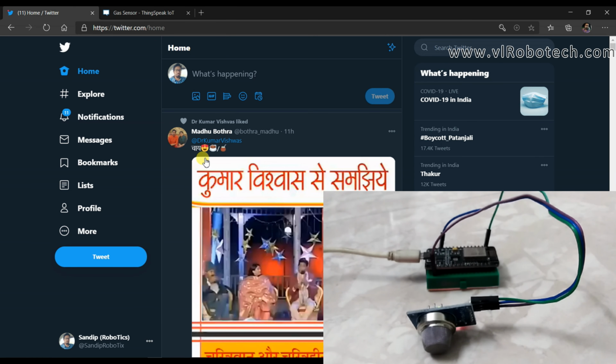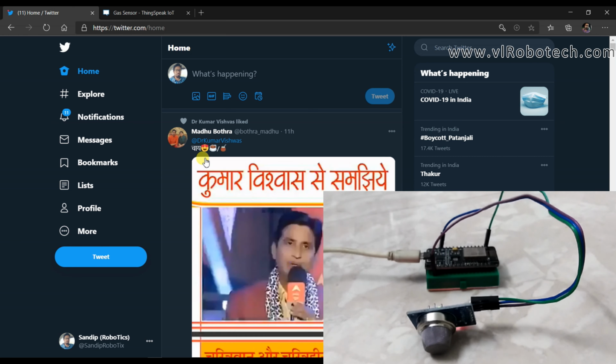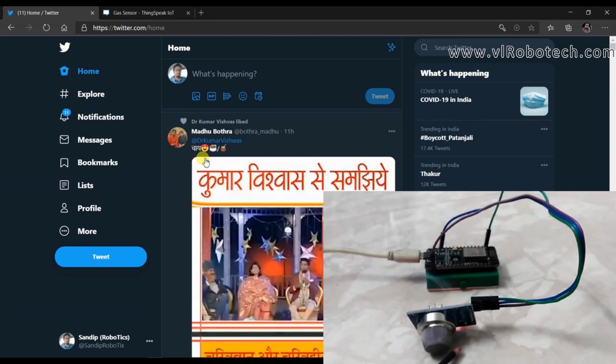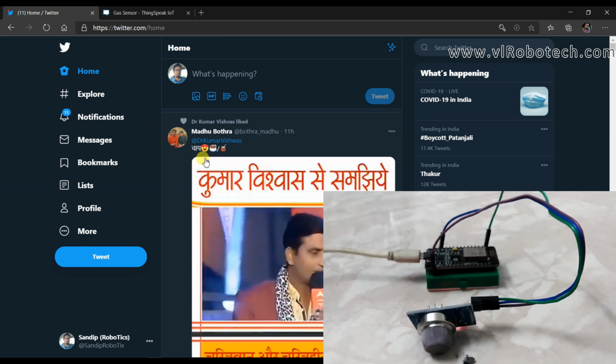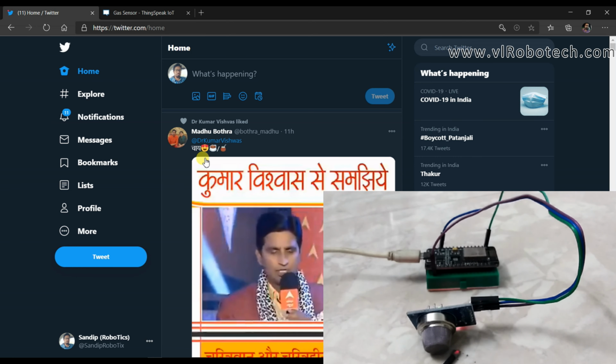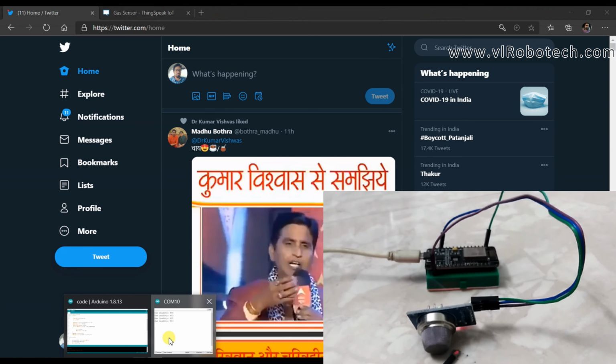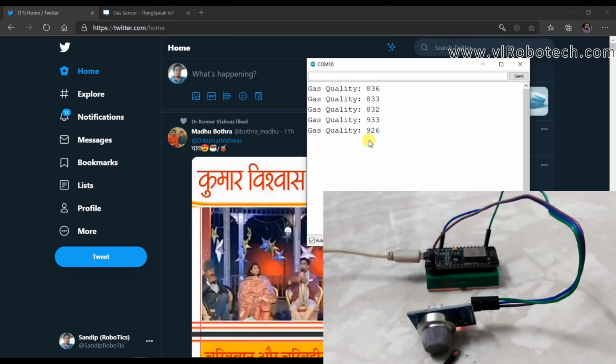Now I will keep smoke in front of the sensor. Okay, and we will see the value of the sensor. This is 926.